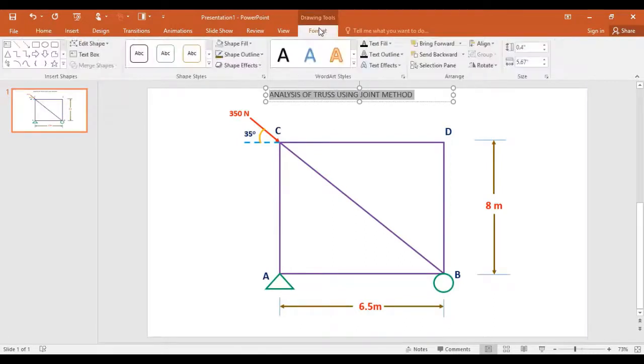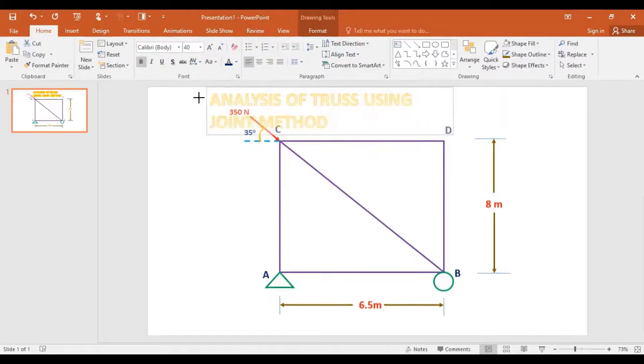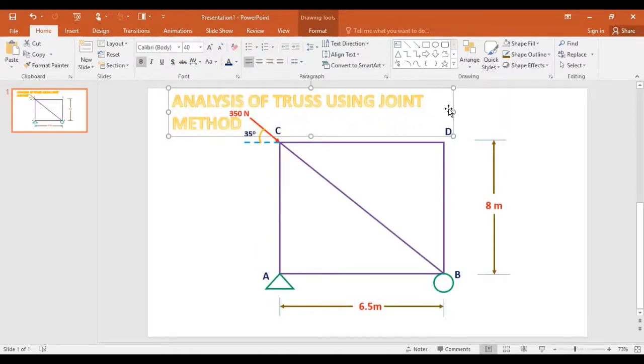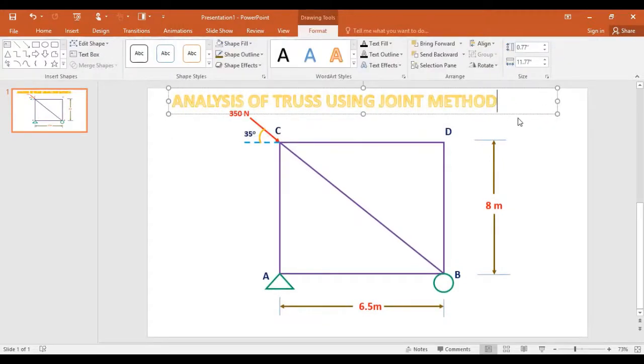I am going here in the format tab, and for example, I am taking art here, which I want to select. For example, I am taking the orange one, and I am going to increase its size in the home tab, and I am taking its size like this. It's up to you how you want to show it, and for example, like this.